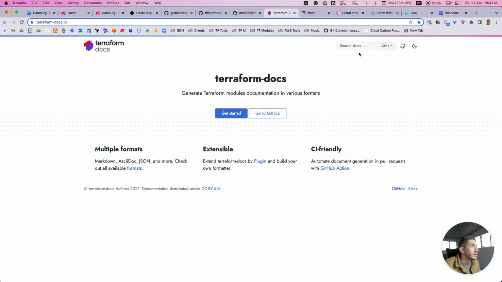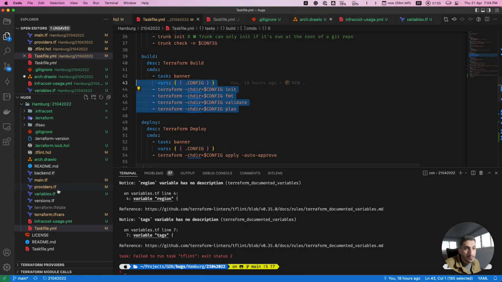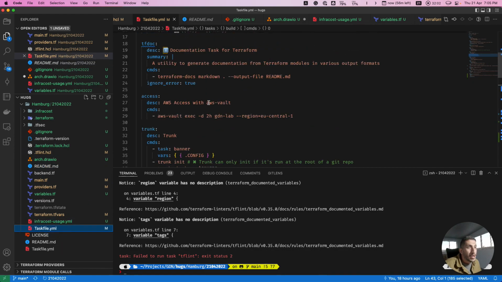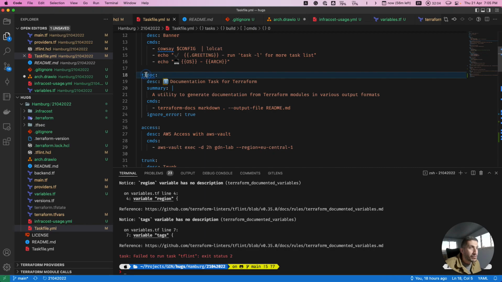So Anton and the guys already in the Terraform ecosystem use this heavily, and they automated this tool to its deepest level. So what we love to use, if you include a README file into your Terraform code base, we already have something for that called tfdoc, a task file, that will generate markdown and output into readme.md.